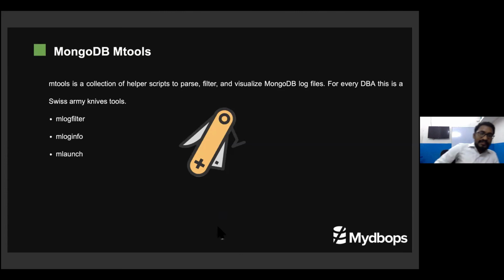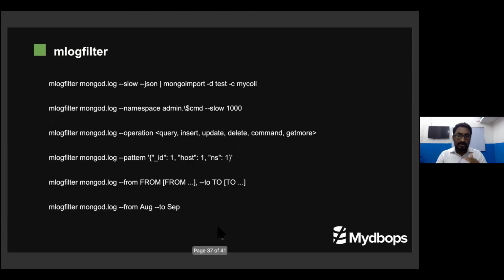And another tool, guys: mtools. mtools is a wonderful thing. You need to use it. I recommend using it in your everyday MongoDB production life. You can filter the log and get a lot of information. As a MongoDB DBA, everyone knows the MongoDB log file is the place where MongoDB writes everything it is doing. So the MongoDB log file is very important for troubleshooting. Using this tool, you can easily narrow down the issue.